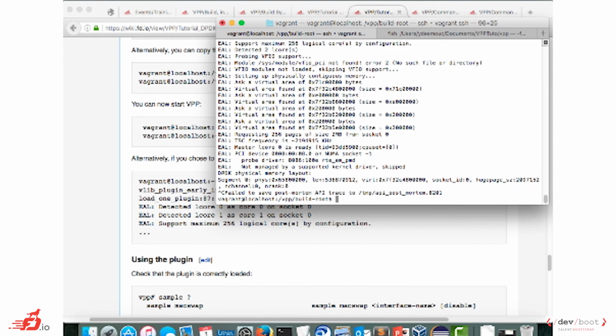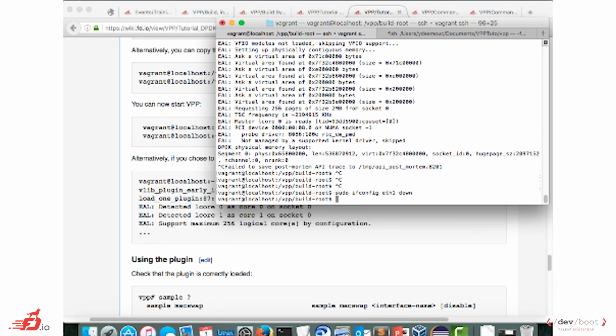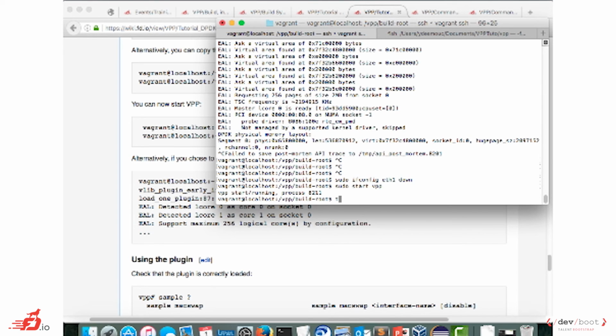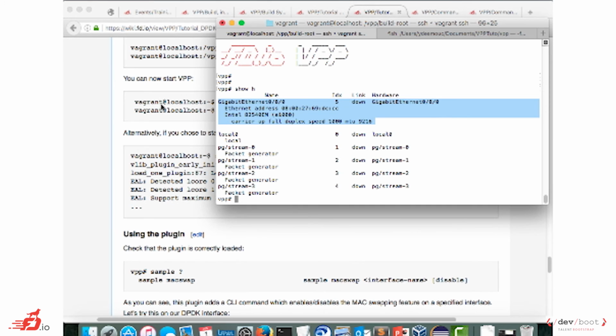So I just quit VPP and started the normal way. I also disable ETH1 because I've enabled it a few minutes back. And I start VPP. Connect to the CLI. I make sure that my gigabit Ethernet interface is here, which is the case. And so now